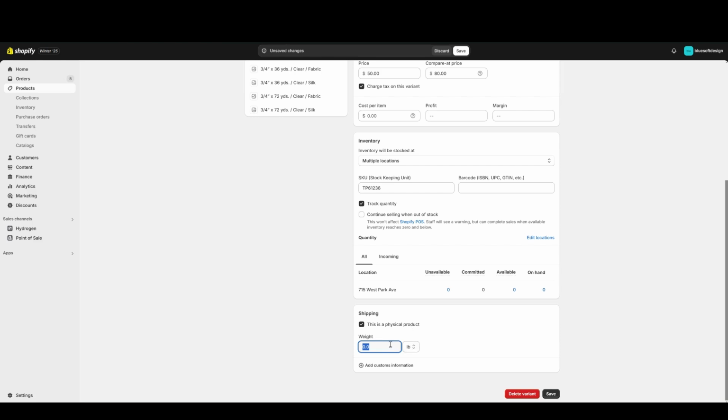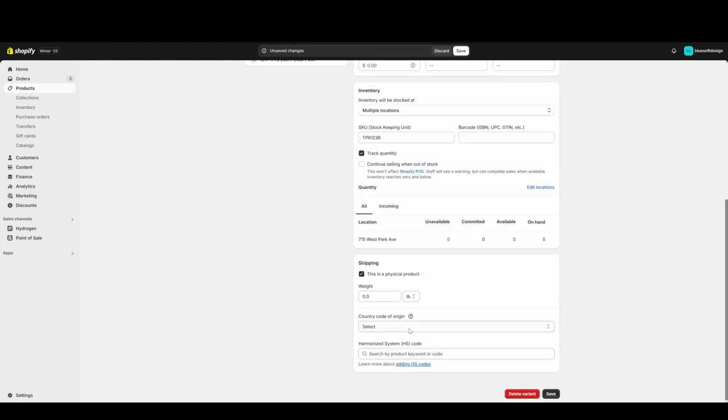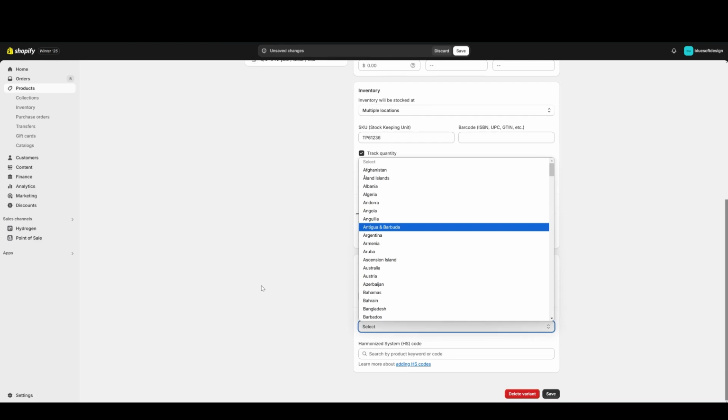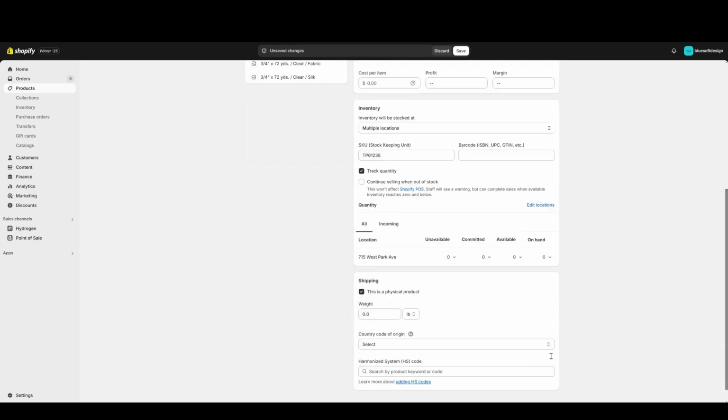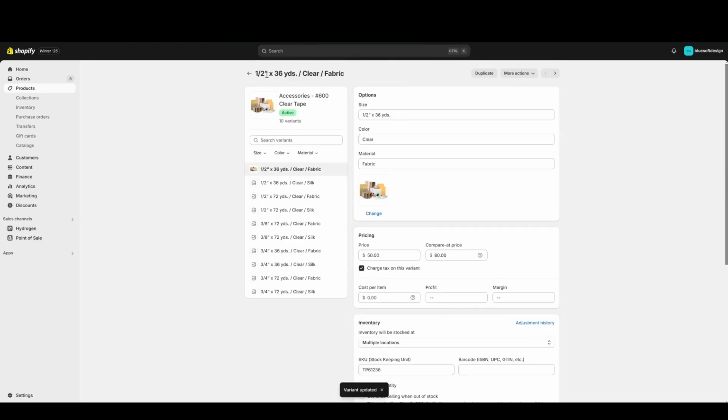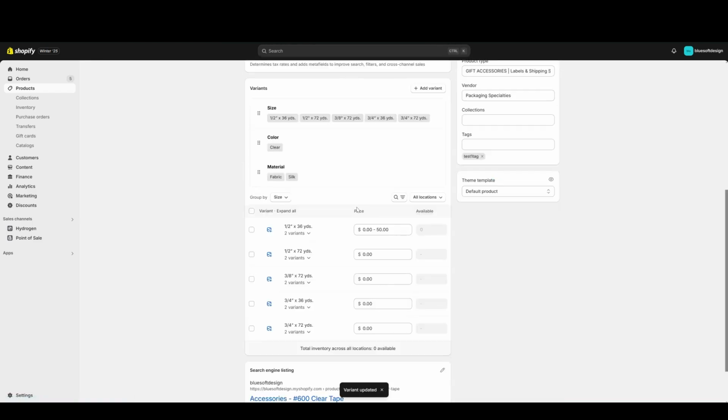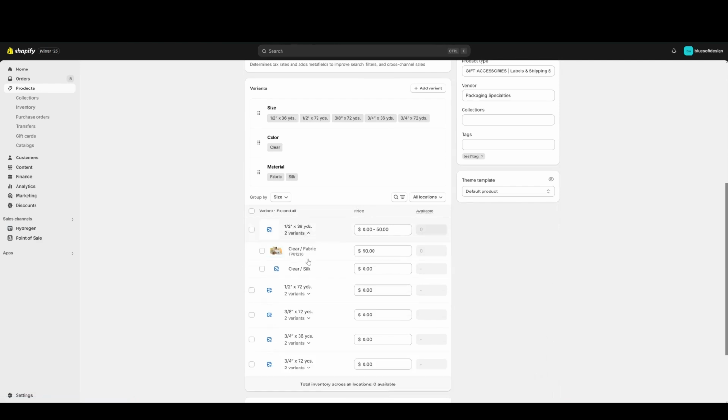Shopify is going to use this weight to help quote your customers for how much they should be charged for shipping when checking out. You can also add some customs information here. You can add where the country of origin is, and if you have an HS code, you can add it here as well. And once you're done, you're going to click, and now you'll see that our variation image was